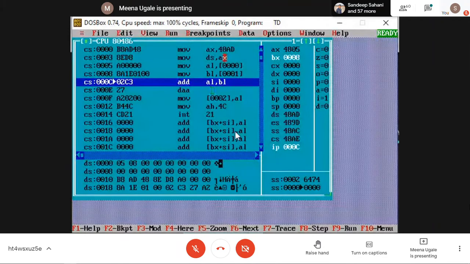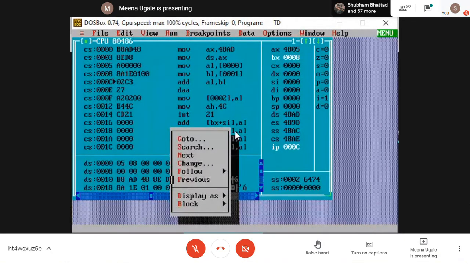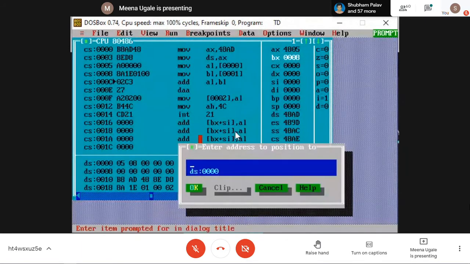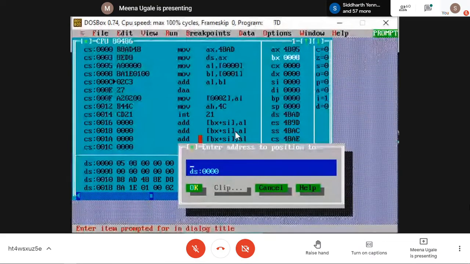Once you execute the first two lines of code, MOV AX, data and MOV DS, AX, you can click on the downside part. Then right click, go for the first option, Go to. This option gives you where exactly you want to go and in which segment.